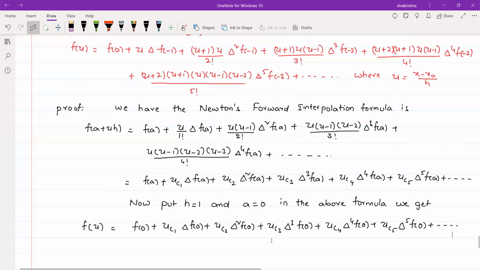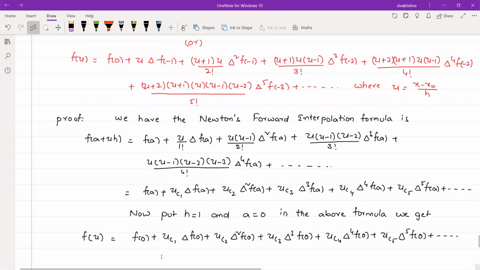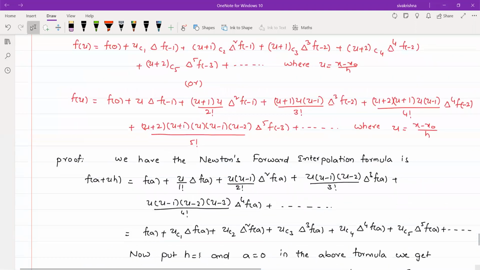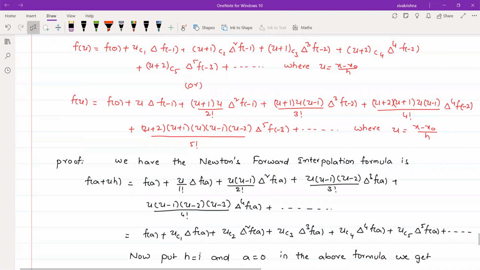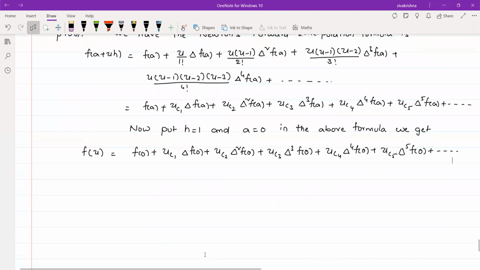Okay, so coming to the Gauss backward formula, we have the first term is f of 0. Here also we have f of 0. Coming to the second term, we have uc1 into delta f of minus 1, but here we have uc1 into delta f of 0. It means we have to change from the second term onwards, so that I am writing the values so that we know that